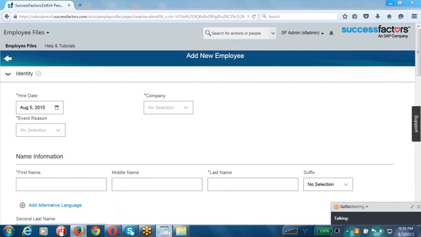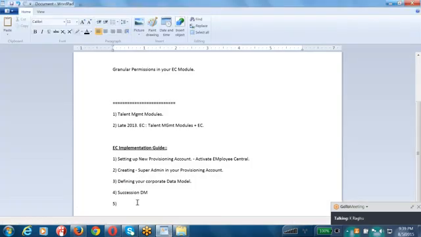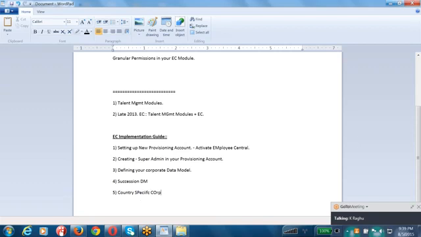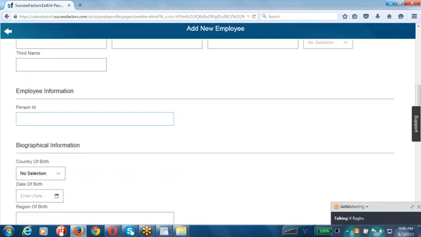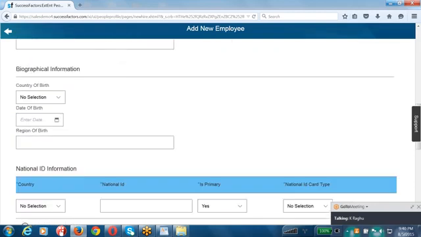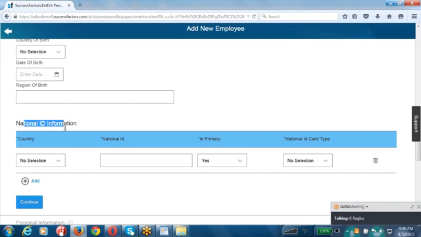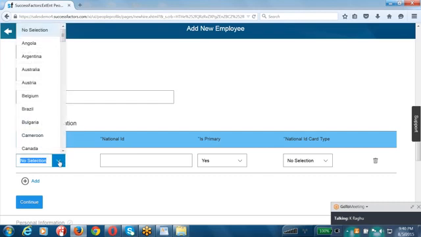Okay. So after loading your section data model, we need to load the country specific corporate data model, and then the country specific succession data model. Your country specific model comes into the picture because the screens change dynamically based on the country that you select, guys. Let's say you can see here you have the national ID information on the screen, right? Let's say I am going to select United States,